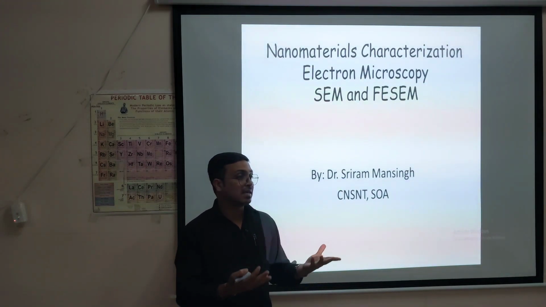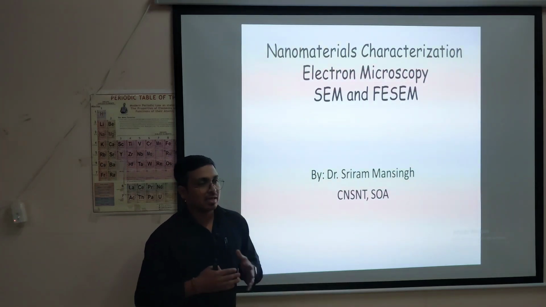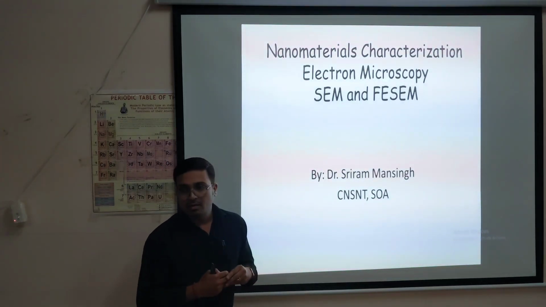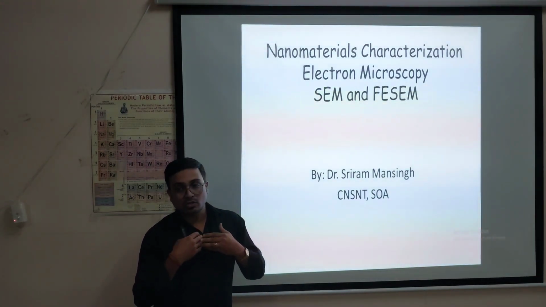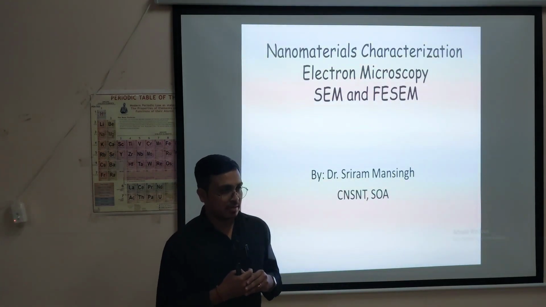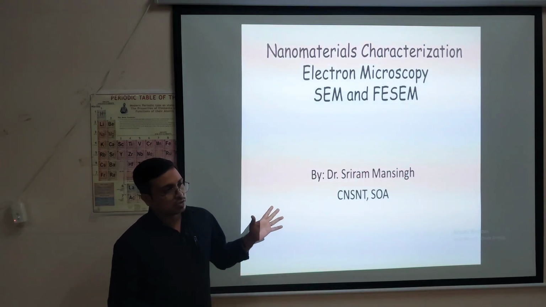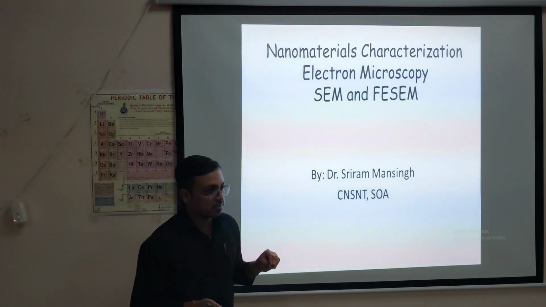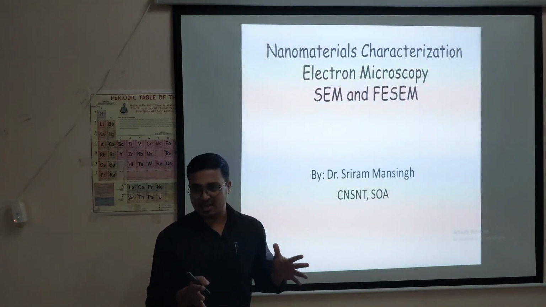They started thinking about utilizing these electrons in the form of imaging or magnifying, so to say, to visualize the materials that are in the nano range, or in such a small range of size that they are unable to be visualized by the naked eye. Okay. So I told you that electron microscopy is all about what? Interaction of electrons with the material specimen. Okay. So that is basically classified into two types in general.